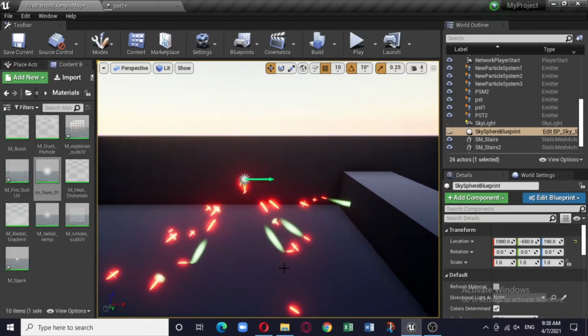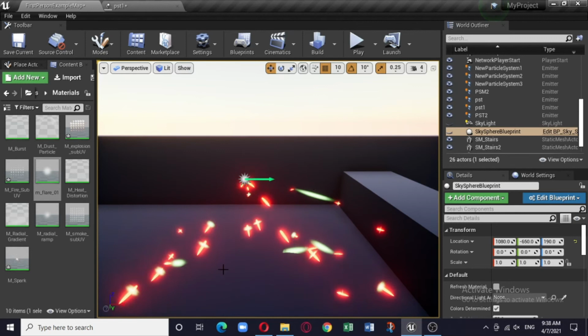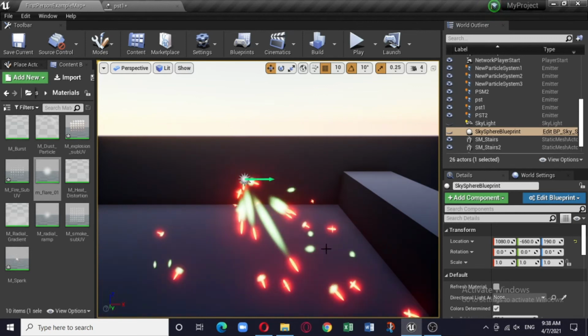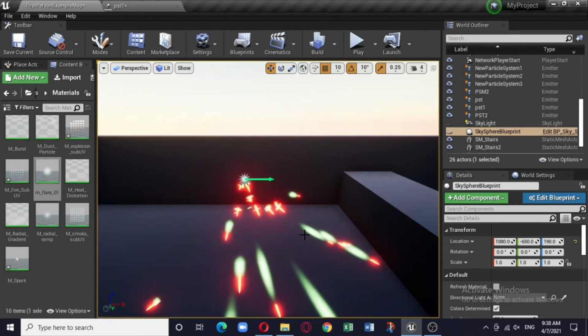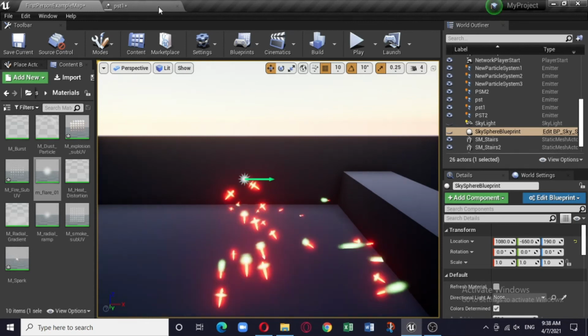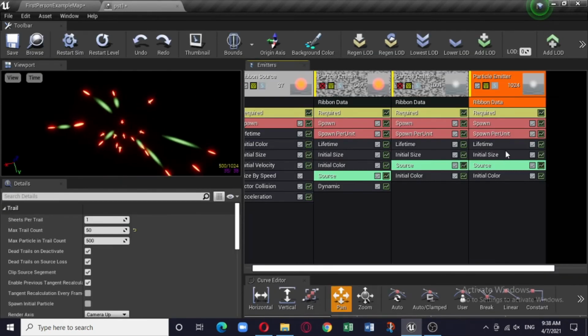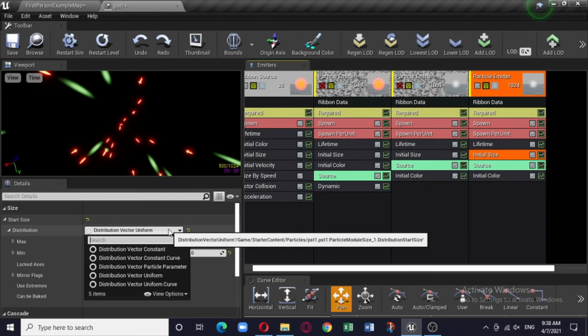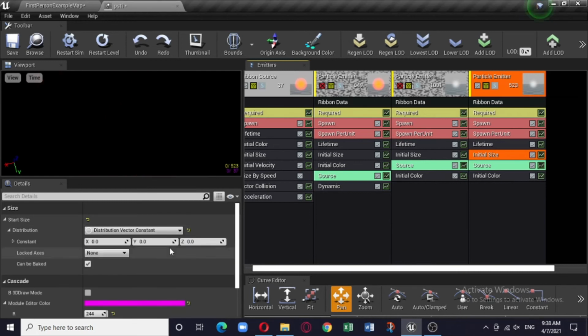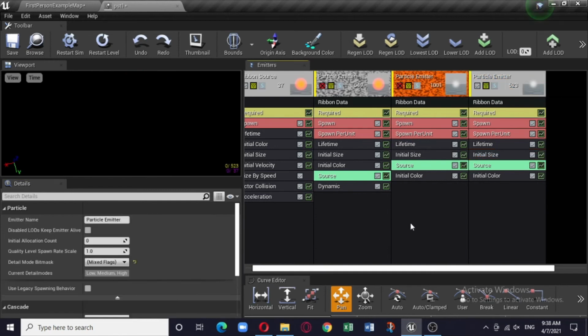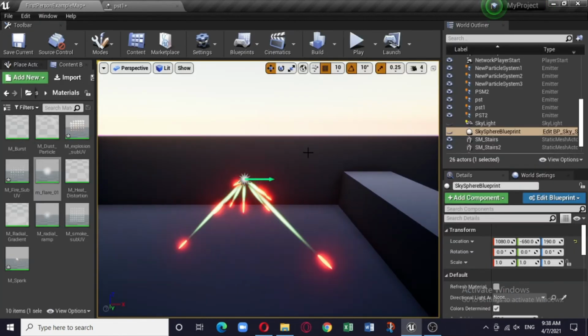So here we are. So you can actually see the ribbon is getting emitted with a variable size. You can change the initial size, you can fix it. Instead of uniform, you make it constant. So constant, let us be 10 and 10. So here we are.